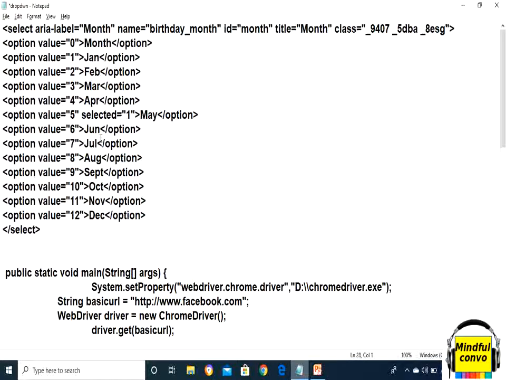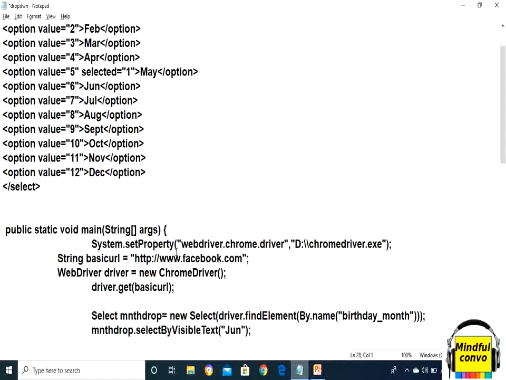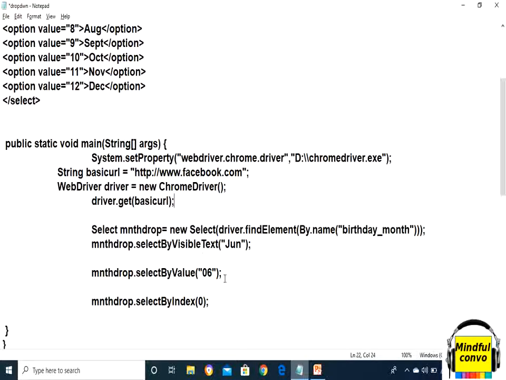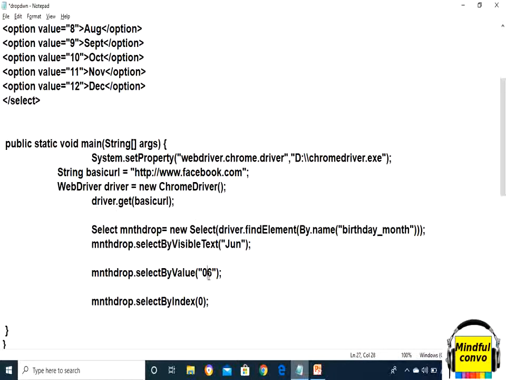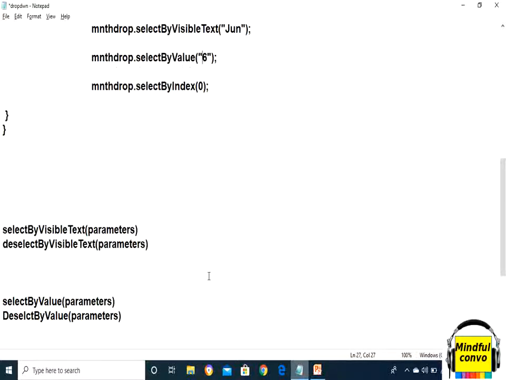So in order to select June, if I write selectByValue and then the value of this value attribute, that is 6, then it will select the June month from the drop down.